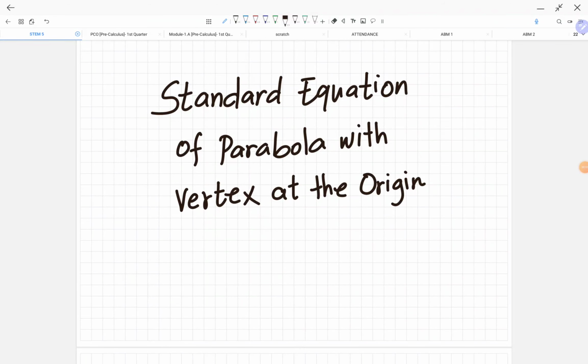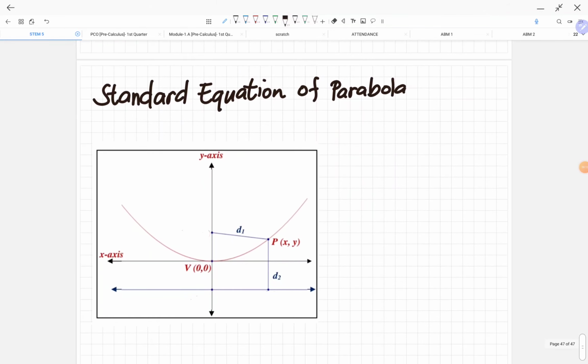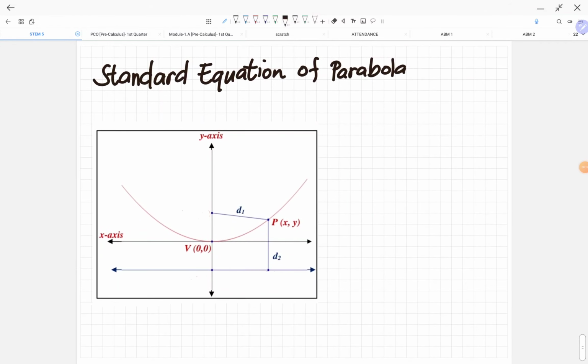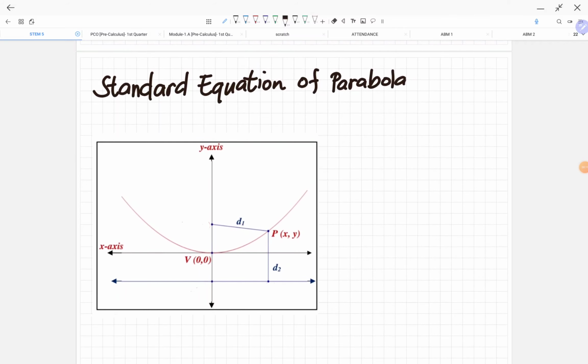Good day everyone. In this video, I am going to discuss the derivation for the standard equation of parabola with vertex at the origin. So let us consider this graph of parabola in the Cartesian plane where the vertex is located at the origin (0, 0). Then of course, based on the definition of parabola, it is set of all points in a plane